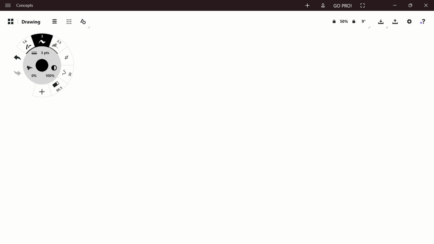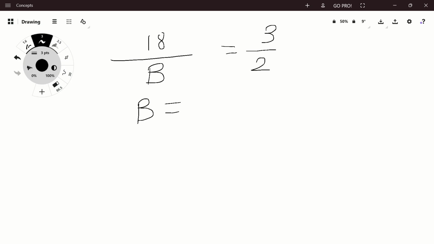Given A takes 18 days, that will make it 18 upon days of B, which is equal to 3/2. So the days taken by B will be equal to 18 into 2 by 3, which is equal to 12